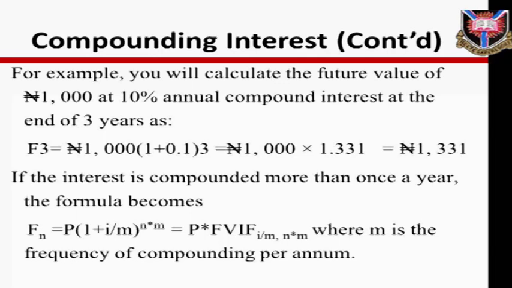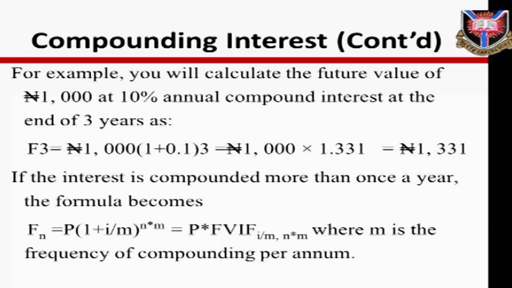For example, you will calculate the future value of 1,000 naira at 10% annual compound interest at the end of 3 years as F3 equals 1,000 times (1 plus 0.1) to the power 3, which equals 1,000 times 1.331, which gives us